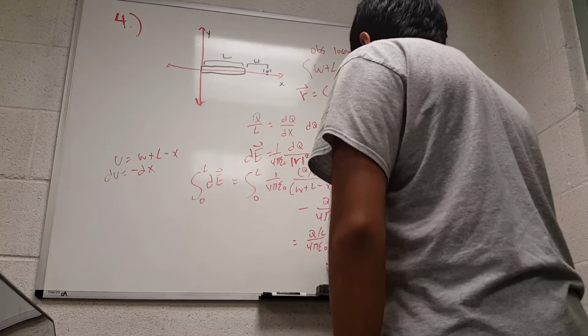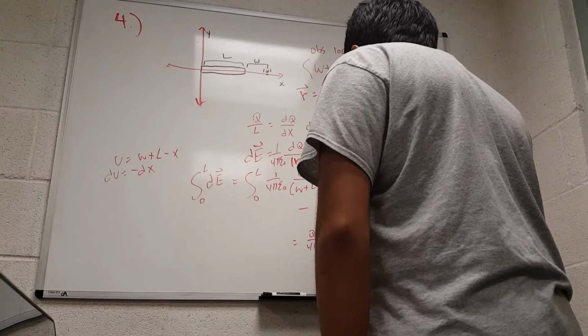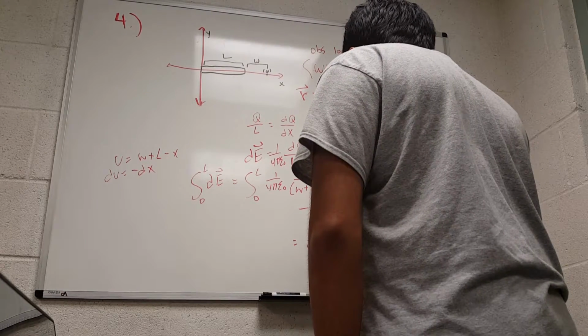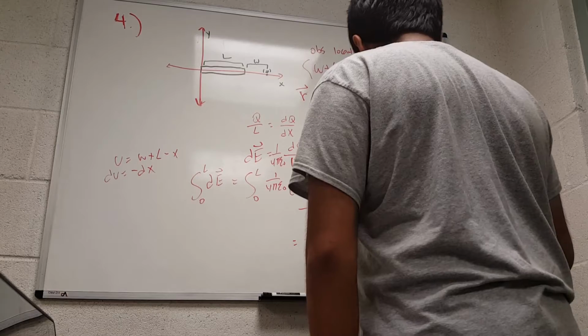And then you simplify this, it just comes to Q over L over 4 pi epsilon naught over